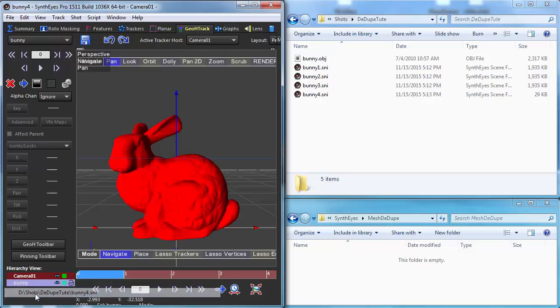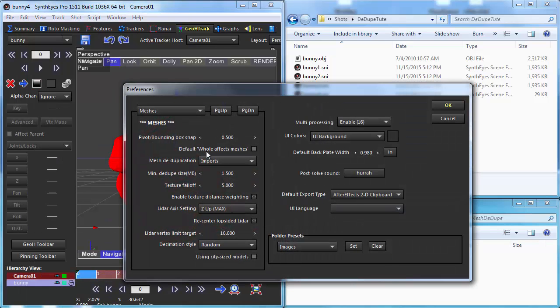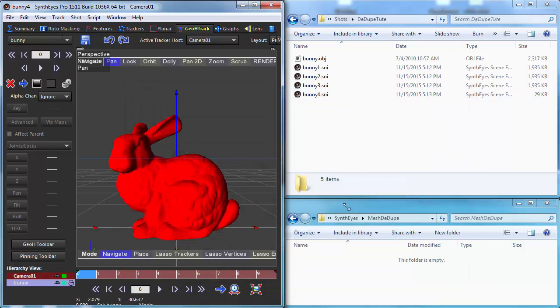So now if I reread the file, I just reread the bunny4 file, and then it's going back and rereading that OBJ file to be able to give us back our same scene file. Now, the OBJ format, like I said, is a text file, and it's not really particularly efficient to read. It takes a bit of time, and on a large mesh, that can be significant. So the first thing that we might do to be a little more subtle about it is when I go and save it this time,